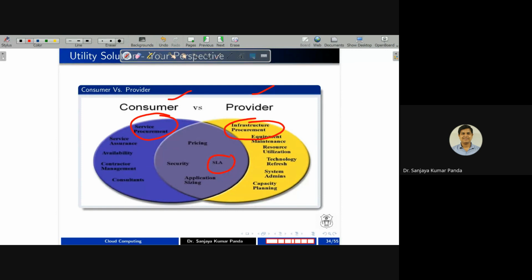So SLA is a formal agreement between the consumer and provider. Whatever terms and conditions the consumer or provider wants to put, they need to agree upon a particular document before any service is provided to the consumer. So they meet on a common platform to exchange the resources and charge some amount based on their agreement.